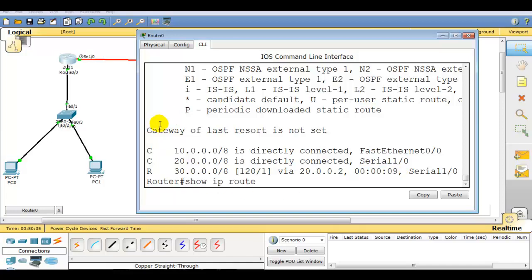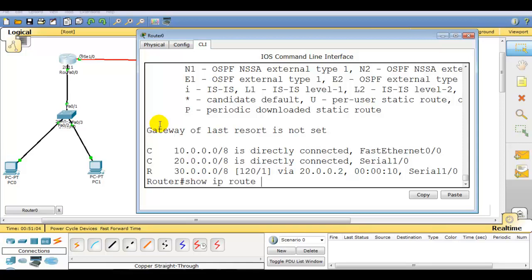Now you can see the counter is increasing: 12, 13, 14. It will reach 0 at 30. Now 0. As I said, RIP sends its entire routing table to its immediate neighbor every 30 seconds.